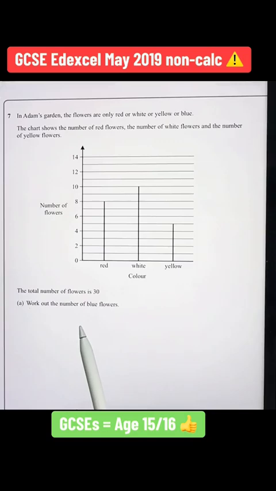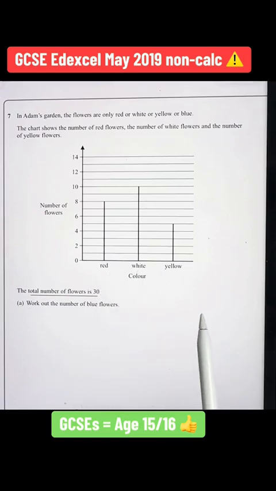Question 7. In Adam's garden, the flowers are only red or white or yellow or blue. The chart shows the number of red flowers, the number of white flowers, and the number of yellow flowers. The total number of flowers is 30. Work out the number of blue flowers. Therefore, my first step is to total up the number of red,